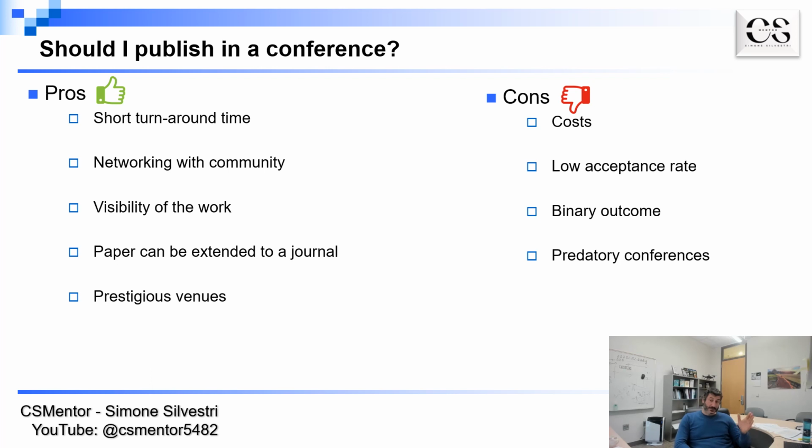Also, publishing to a conference does not prevent you from extending the work to a journal. So this is definitely something you also want to consider. You may get 2 publications out of basically one idea, as long as that idea is sufficiently extended in order to be published in a journal. Finally, especially in computer science, this is true: some conferences are extremely prestigious, even more than most journals. So definitely publishing in these conferences is something that you want to do if you want your CV to look stellar and amazing. However, there are some cons in publishing to a conference.